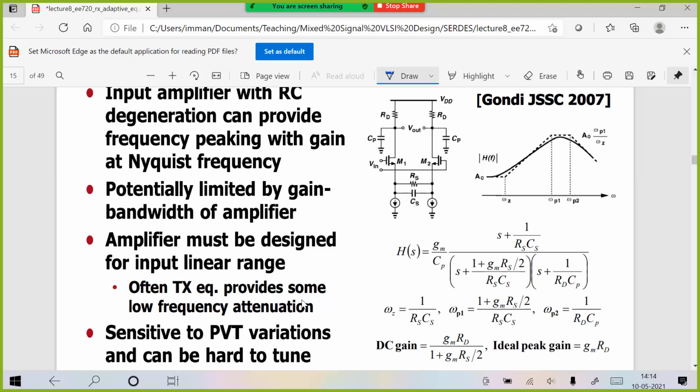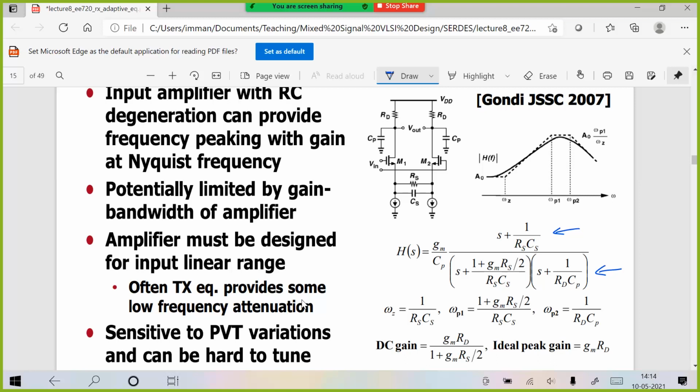Now if you look at the transfer function here again, because there are two capacitors, you have two poles here, and you also have 1 zero. So if you draw the Bode diagram, you have a certain A naught, and A naught is the DC gain. Because it is an active circuit, obviously your DC gain will be higher, and the DC gain is quite easy to estimate because it is as if you have a common source with a source degeneration resistor. So the DC gain is Gm times Rd divided by 1 plus Gm Rs by 2. Rs by 2 is the resistance at the source. So it is nothing but a common source with the source degeneration, which we saw in the last course, right?